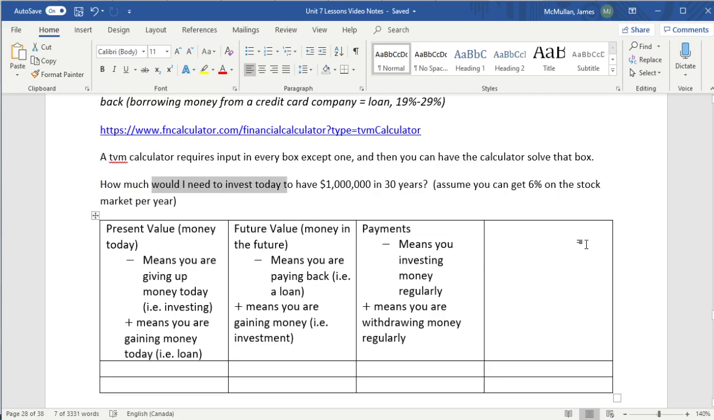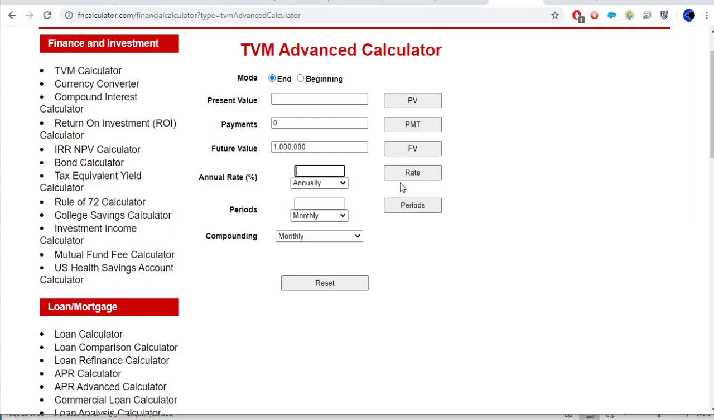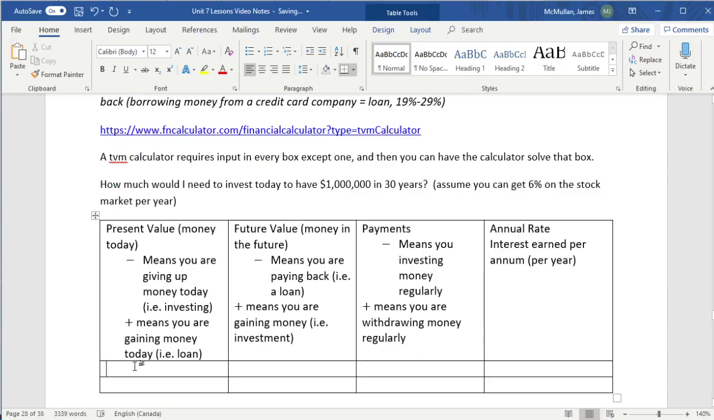Okay, now my annual rate is equal to the interest earned per annum, which means per year. Okay, so in our case, let's just assume we get 6%, like I said before. So I'm going to put 6 as the rate, and that is annually. Now, under here, I'll talk about this in a minute. So we'll talk about compounding periods. Okay, this is how often interest is calculated